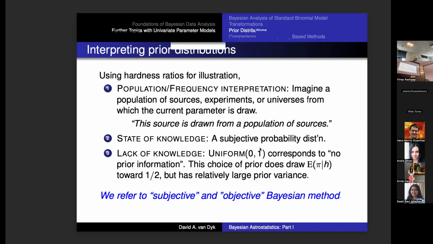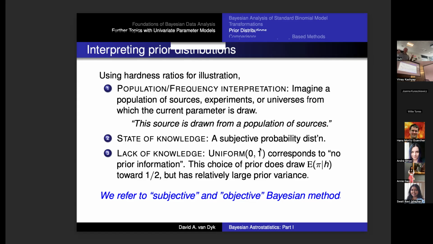this choice of prior distribution, because a uniform 0, 1 is a distribution with a mean, right? Its mean is a half. And so if you're averaging the data with a prior with mean a half, well, yeah, it's actually going to pull the posterior distribution towards a half. Maybe not very much, but it does have some impact on your analysis. And so we'll think about that as well.